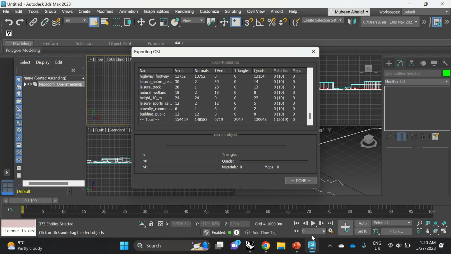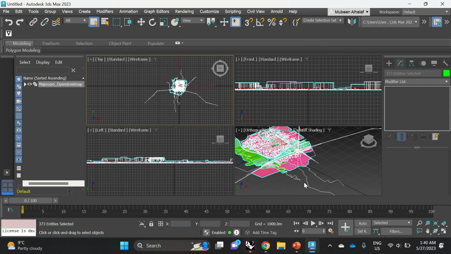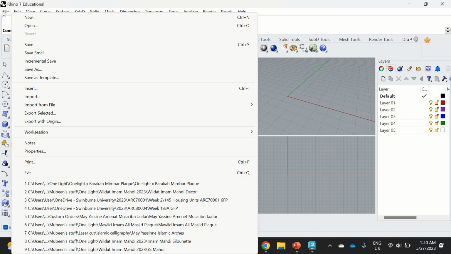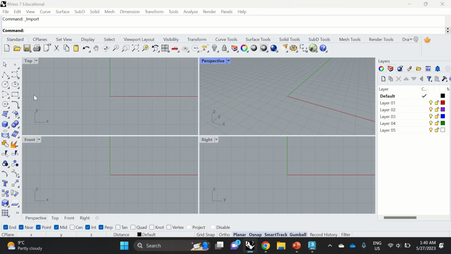Go back to 3ds Max. So it's been done exporting. Go back to Rhino, File, Import